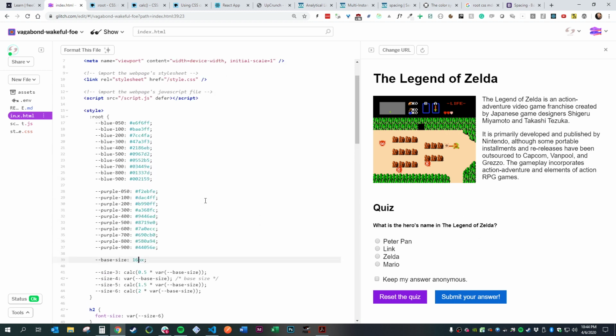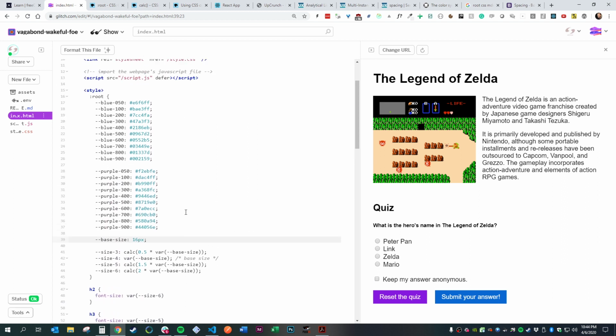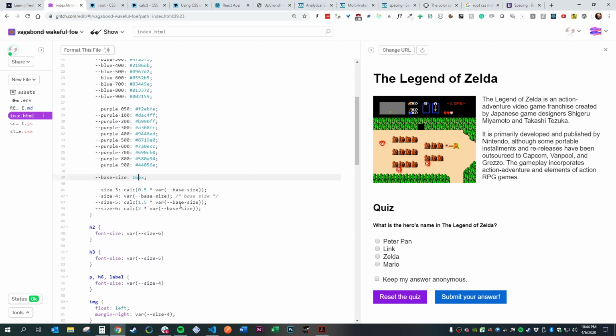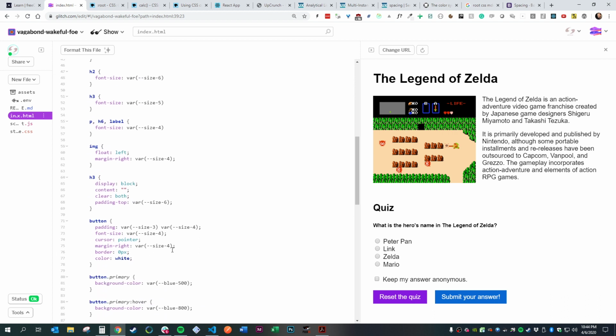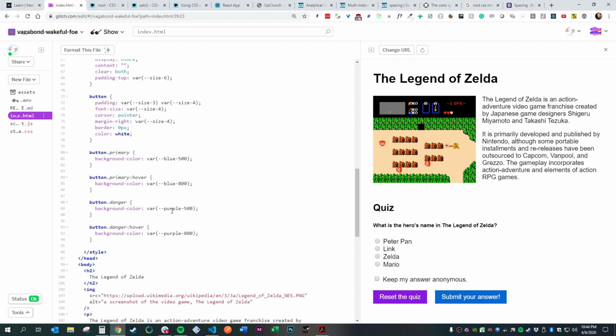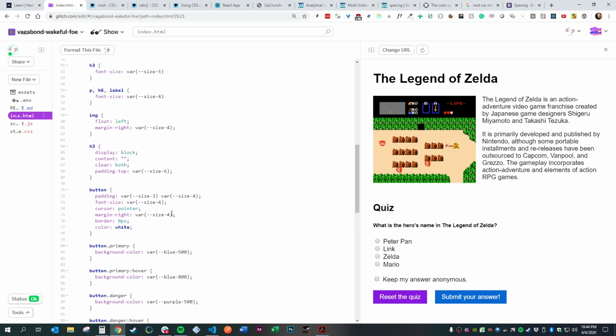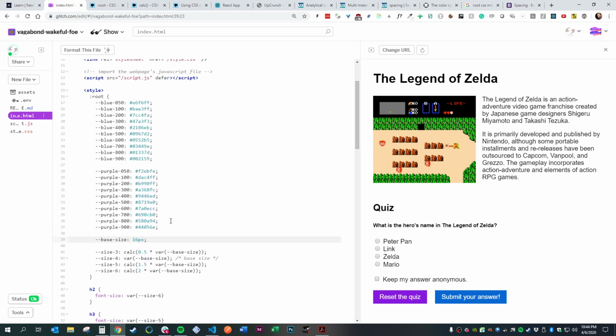So that's the reality of it. That's how you can use CSS variables in your application. And anytime you find yourself in CSS using specific pixels, this should go up 4 pixels or 8 pixels or whatever, you actually want to dial that back and say, okay, can I convert those pixels to the size variables? So can I create a base size? 16 pixels is often used as a good base size. Okay, and if this needs to be 4 pixels, well then I could create a base size of